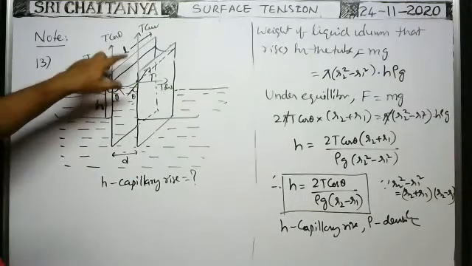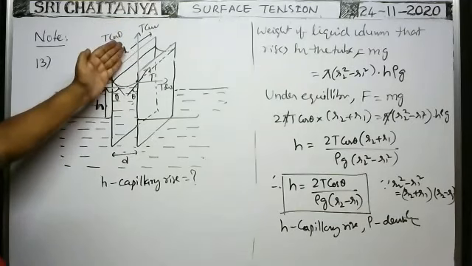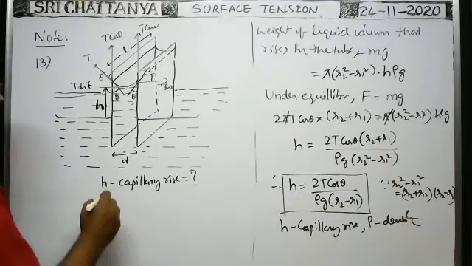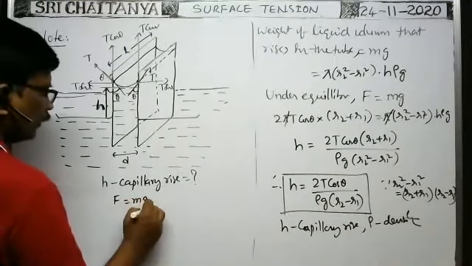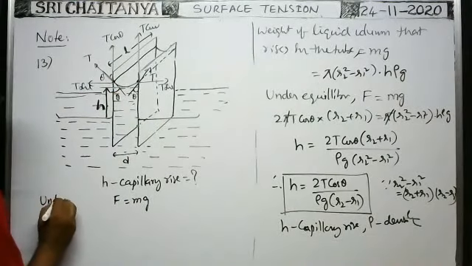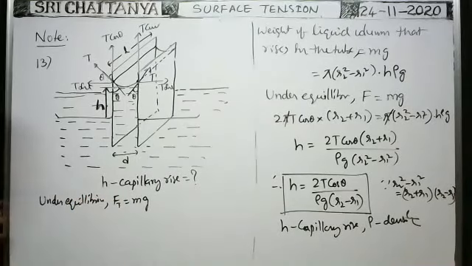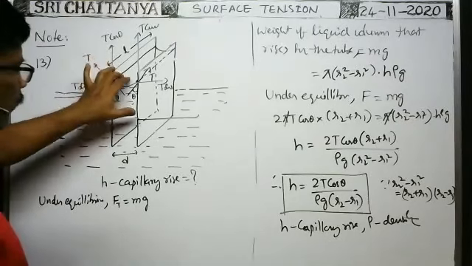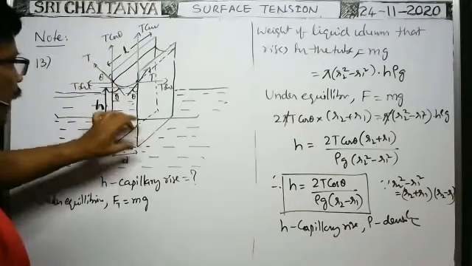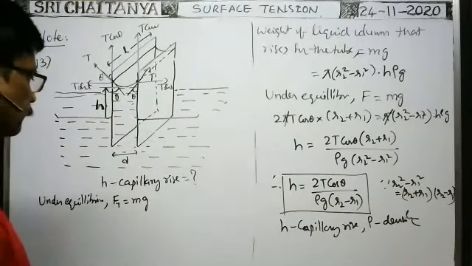Now only along vertical direction, on the surface of the meniscus of the liquid in between the two glass plates, the force due to surface tension acts. So force due to surface tension is equal to the weight of the liquid that rises in the space between the two plates under equilibrium. Under equilibrium, the force due to surface tension acting on the liquid surface or meniscus in between the two plates balances the weight of the liquid column that rises in the space between the two plates above the surface of the liquid in a beaker.